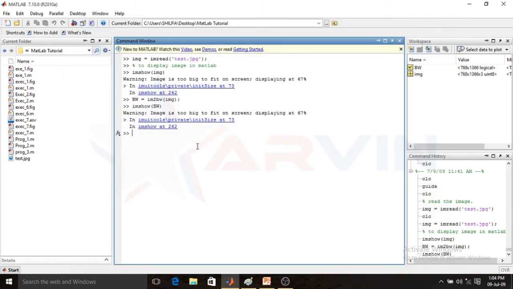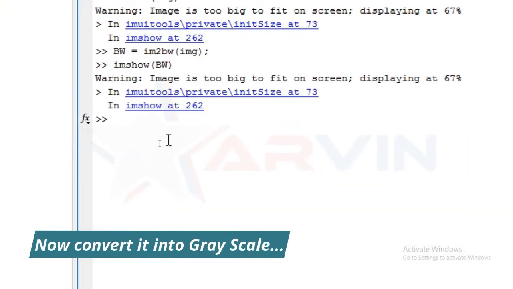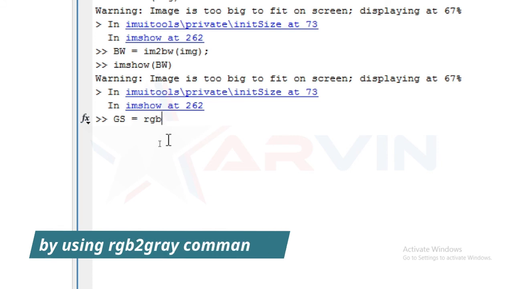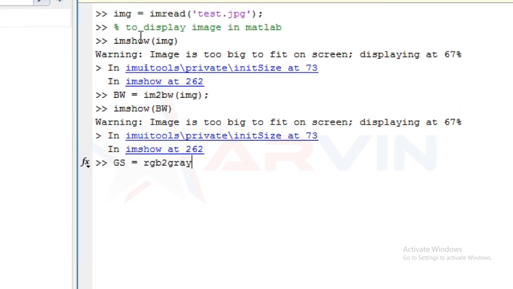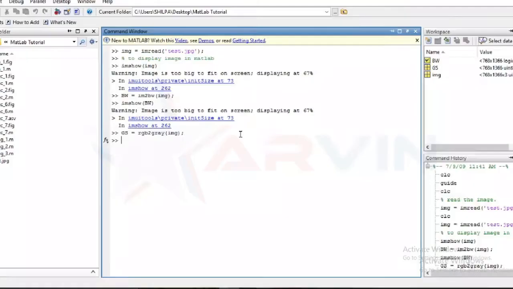Now we convert the actual image into a grayscale image. So here is the command for converting. Define any variable. The command is rgb2gray. Define your original image placed in the img variable, semicolon, and press enter. Now have a look at the workspace. You can see the gs variable.